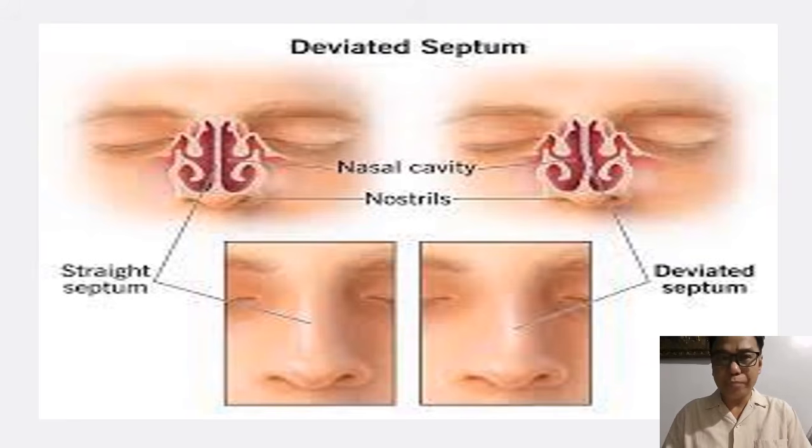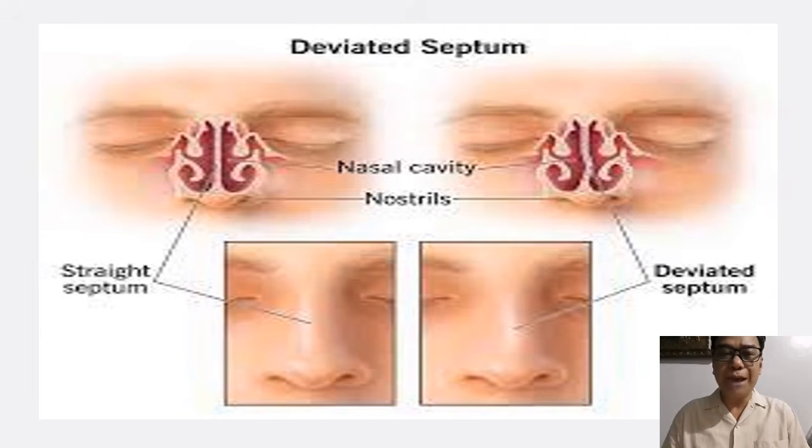Okay. So for our signs and symptoms, since it is bent on one side, it could cause obstruction of the nasal breathing. It could also increase the possibility of nasal edema. It could also result in dryness of the nasal mucosa with some crusting or even bleeding, because if the nasal mucosa is dry, usually it could cause crusting, and later on it could lead to bleeding or epistaxis.